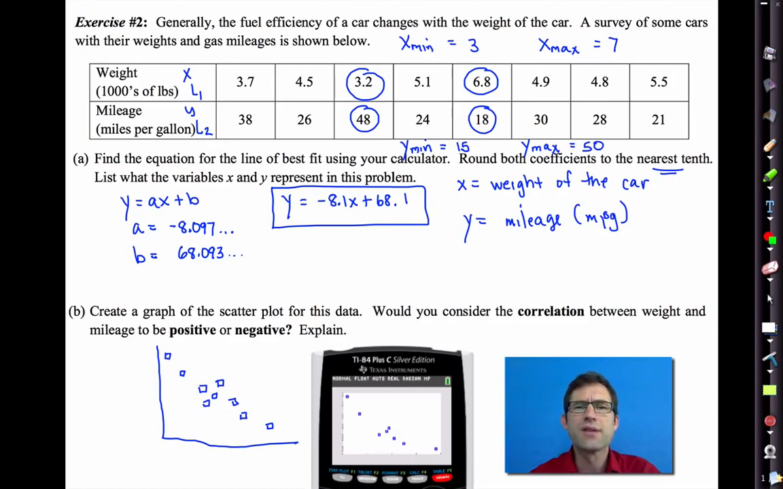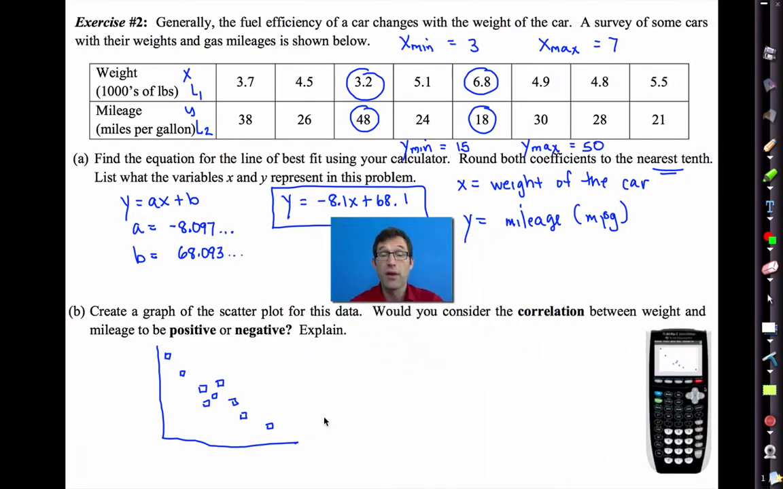It then goes on and says, would you consider the correlation between weight and mileage to be positive or negative? Explain. Now this one's important, so pause the video now and give a good explanation for this. All right, let's go through it. Well, this is a really good example of a negative correlation. Not because it's a bad thing, but it's a negative correlation because